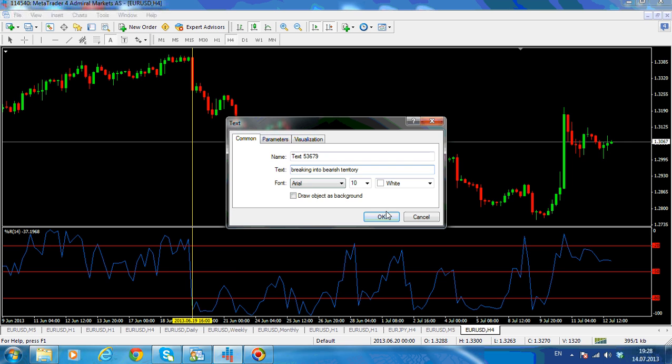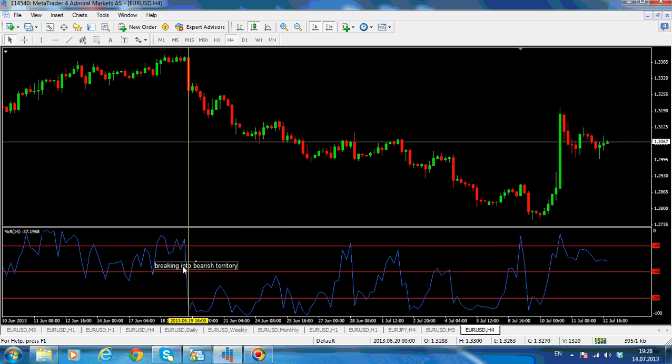And remember, as long as the oscillator stays in this area, below the minus 50 and keeps reaching below minus 80, this is called a bearish territory, and we are looking all the time here,